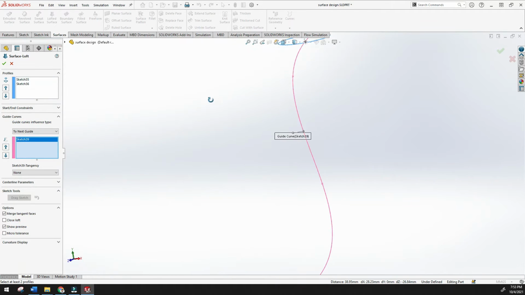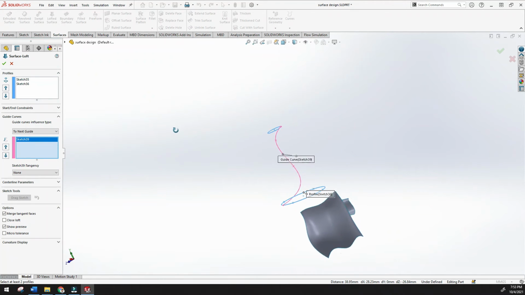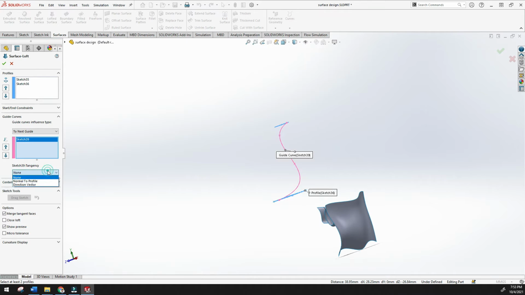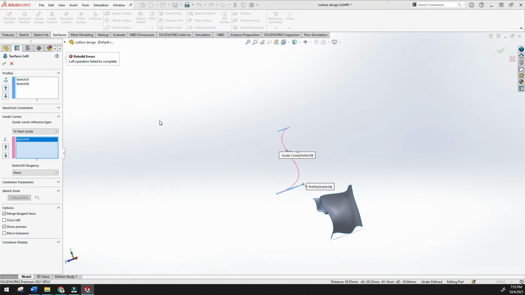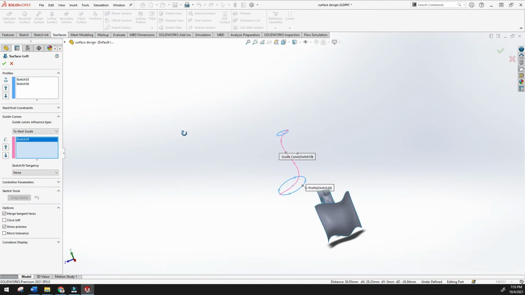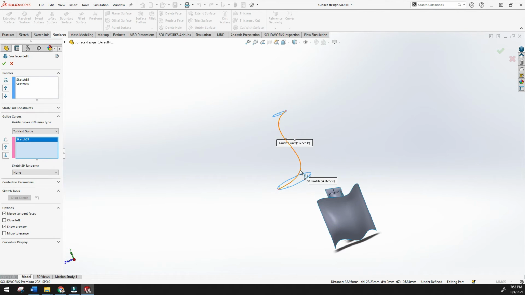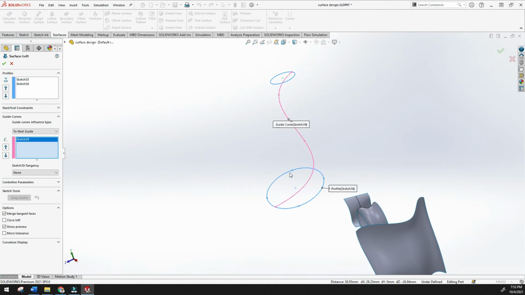So what is the problem again? Click done. Loft operation failed to complete. Now it is showing a different message, right? The reason is that it is intersecting somewhere, so the guide is not in the proper way, and if you try to connect this, it will intersect somewhere.